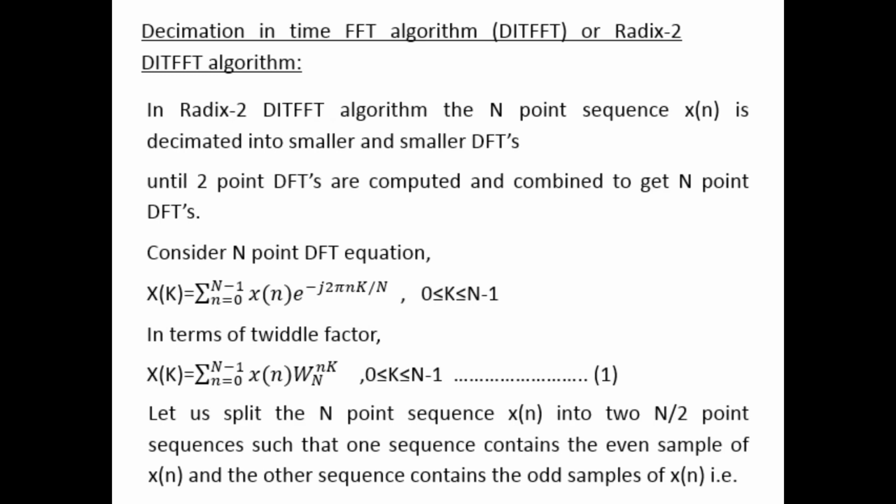Let us split the N-point sequence x of n into two N by 2 point sequences, such that one sequence contains the even samples of x of n and the other sequence contains the odd samples of x of n. That is,